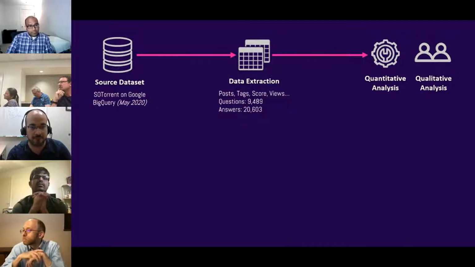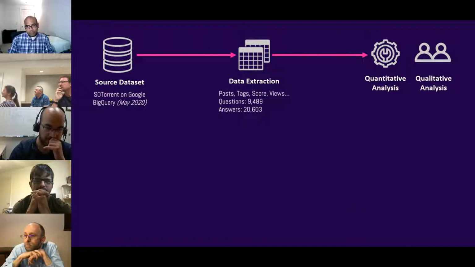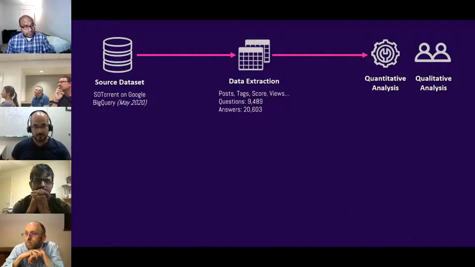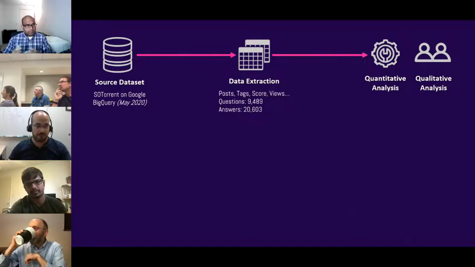And from this data set, we extract the data that is pertinent to our study. So, post, tags, answers, and so on and so forth. So roughly we extracted around 9,000 questions and around 20,000 answers. So next, to answer our research questions, we followed a mixed methods approach where we collected and analyzed both quantitative